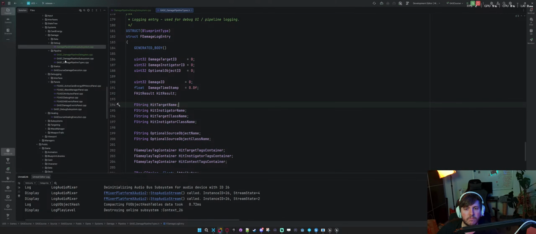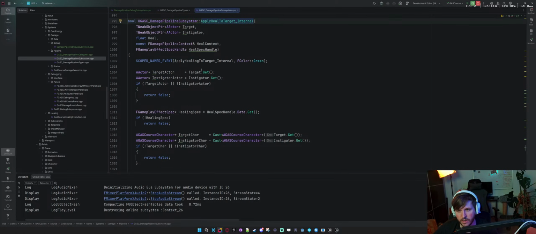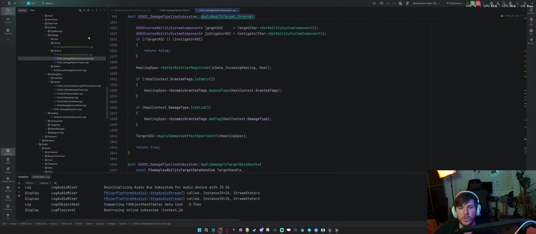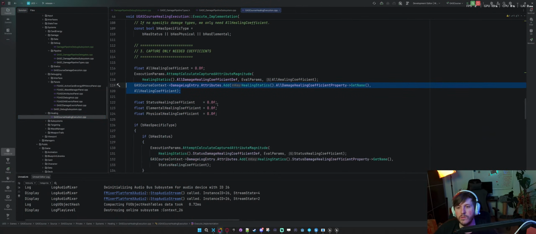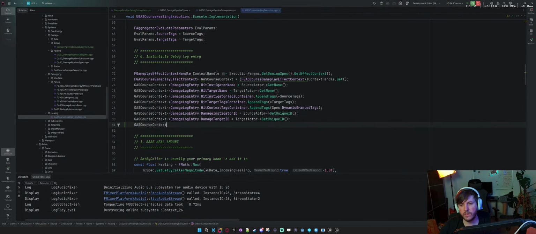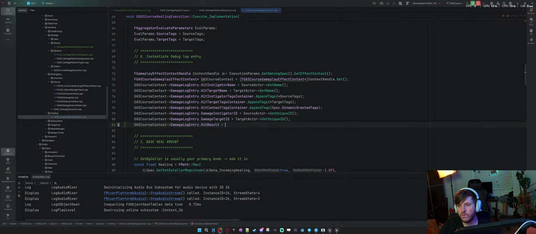So let's start with healing again. It should be in our damage pipeline. So there's a heal, target, internal, and we have a spec, right? And this spec should eventually get us into the execution class. And this is where we do a bunch of the initial stuff. So I think I can just say GAS context, damage log entry, dot hit result equals